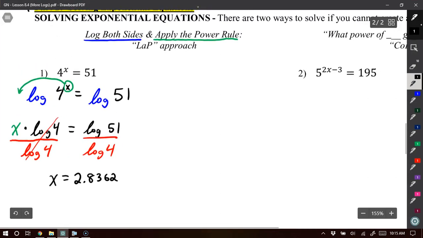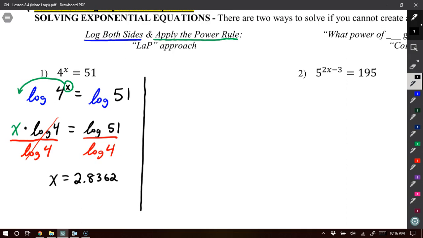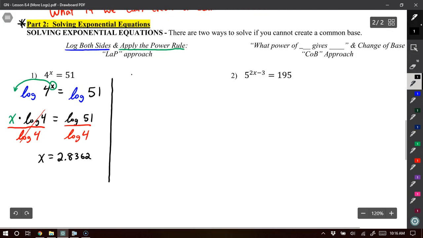Now this is a basic problem. We increase the difficulty as we go through the problems. That's log and power. Now the change of base approach is something that I find really interesting. It really asks the question. And remember the question I'll write up here was the what power of blank gives us blank, and we used this log, and I'll go base,